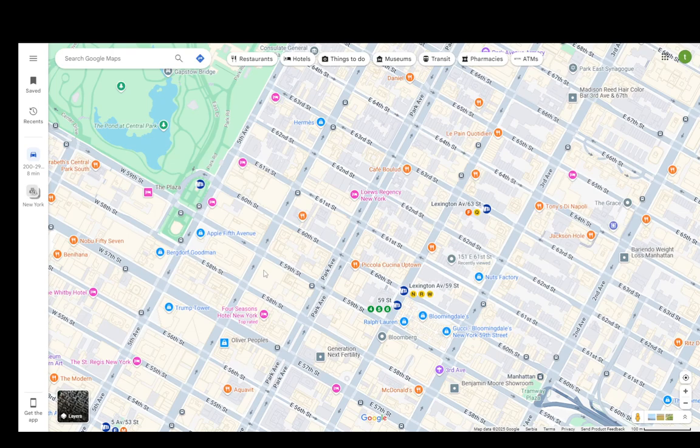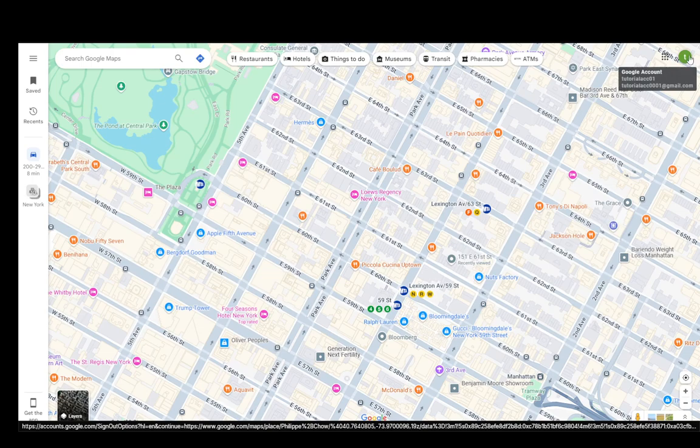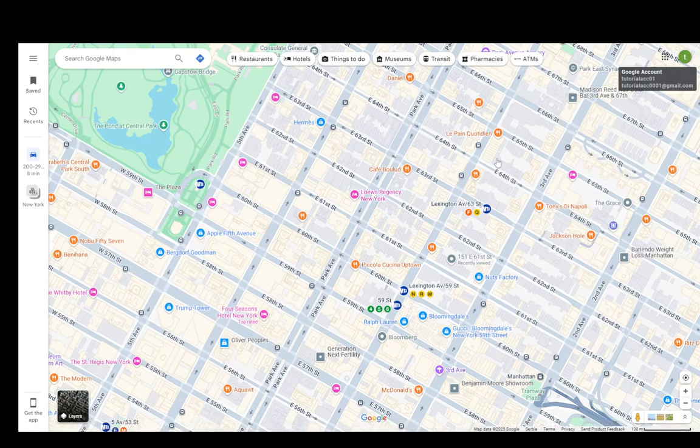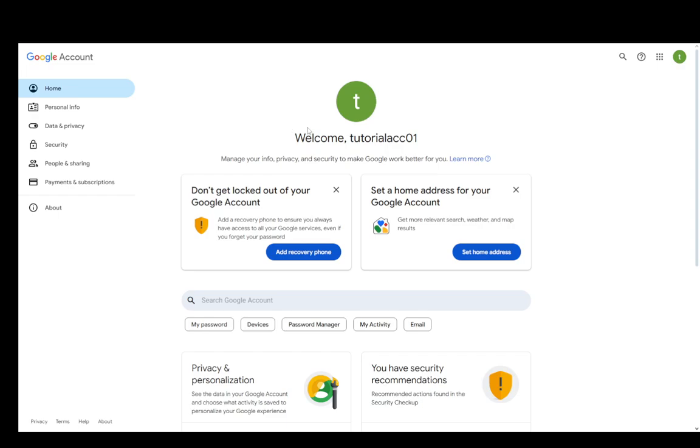Pretty much you just need to arrive to the specific menu that you need. In this case, it is the profile management or account management menu, which you can easily access on both platforms by just going to your account icon in the top right, and from here you can just click it and go into account management. Once you're there, then you can actually go to this screen, which is your account management,